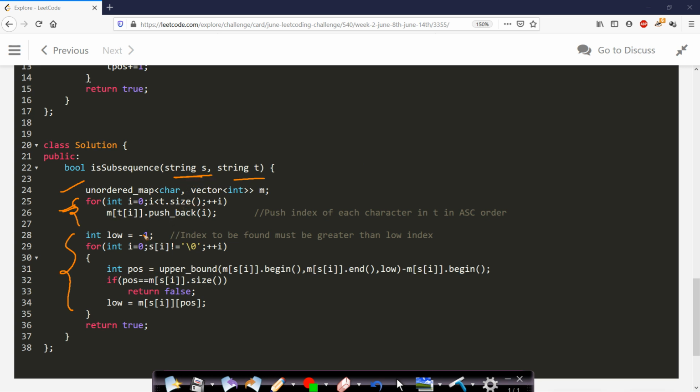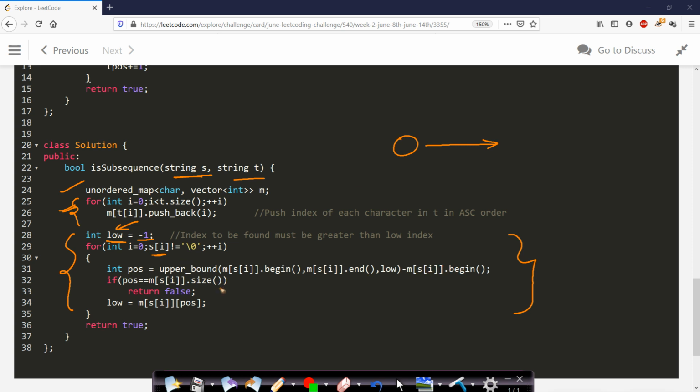For keeping the relative ordering, we were using a low value, and initially it was -1, because your index value can start from 0 and go beyond. Now we will iterate for each and every character in s, and we will use upper bound, or you can also implement your binary search technique in order to find the upper bound using this low value, so that our relative ordering is maintained, as I have already explained.